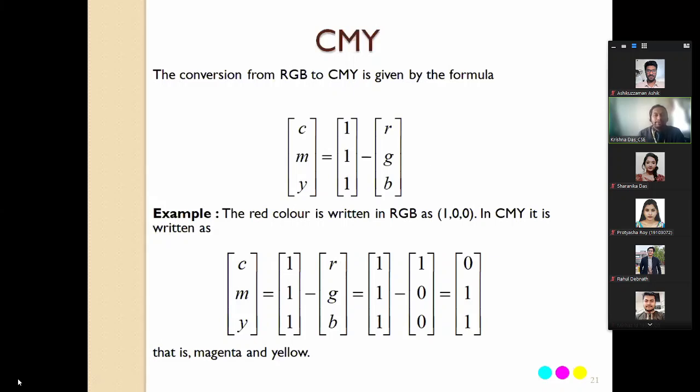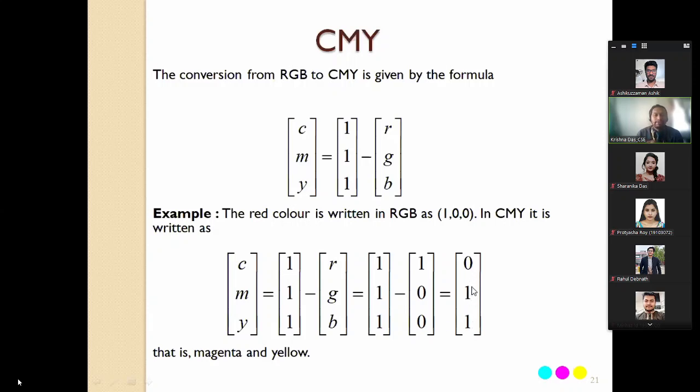Whenever the red color is given in RGB, if we want to find what it should be in CMY, we can compute CMY equals 1, 1, 1, which is a one-dimensional vector, minus RGB. If we put RGB as 1, 0, 0 and do the subtraction, we get 1 minus 1 is 0, 1 minus 0 is 1, and 1 minus 0 is 1. So we get 0, 1, 1.